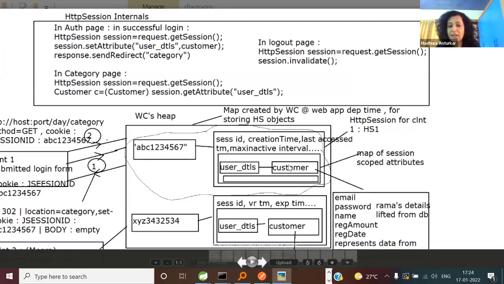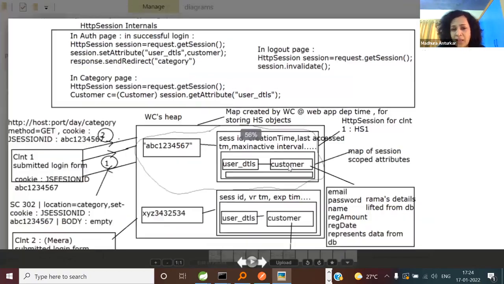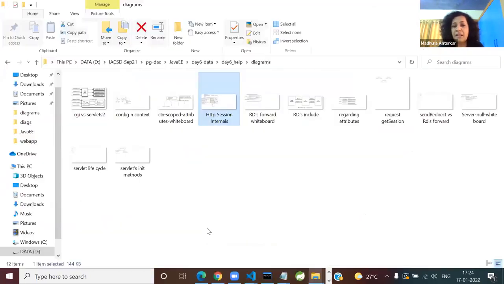Now looking at time, I'll spend maybe 10 to 15 minutes on 4 or 5 lines to understand the scopes. Yes, Mohammed, thanks for reminding. So I'll take this up, and then I'll go to the solving of today's assignment. Okay, so please open this.